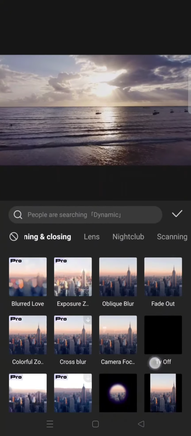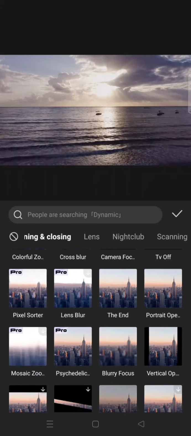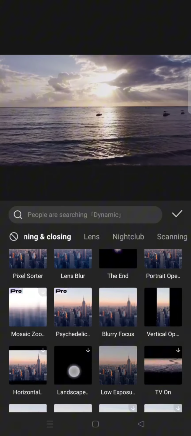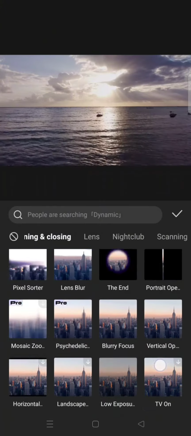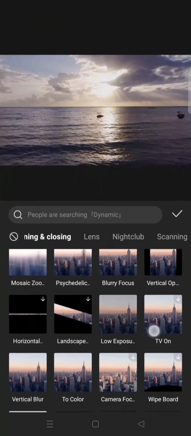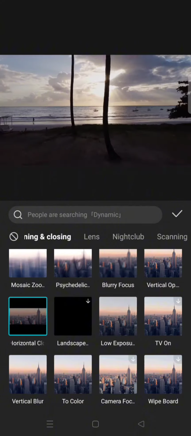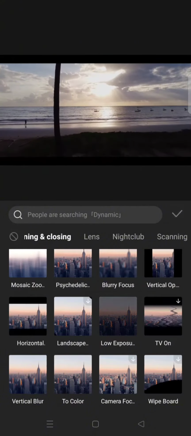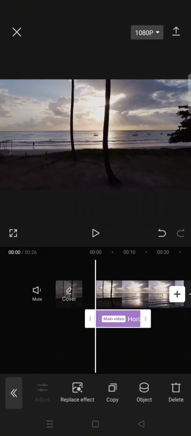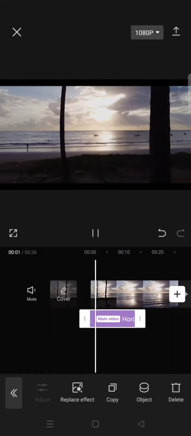opening and closing. You can add this horizontal closing or this portrait open. You can just choose which one to use. I'm going to just use this horizontal because my clip is horizontal. So this is for the horizontal open, like that,